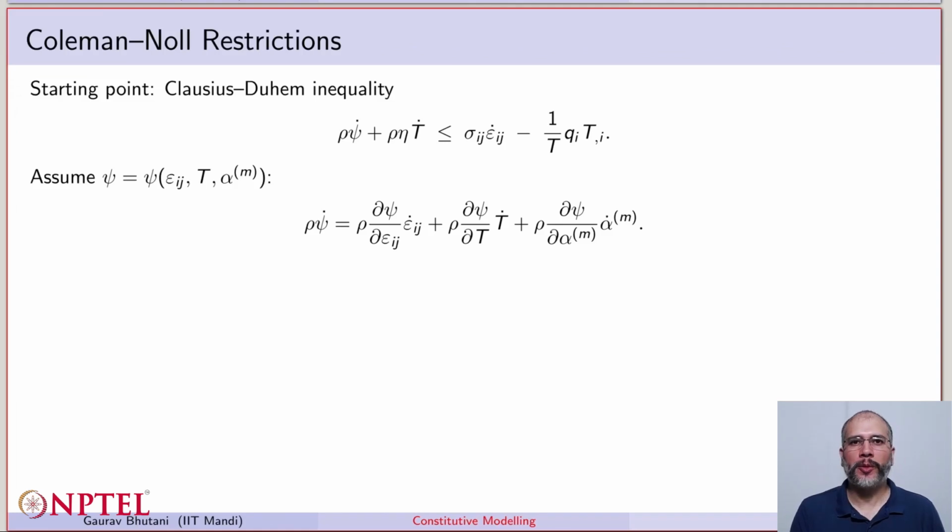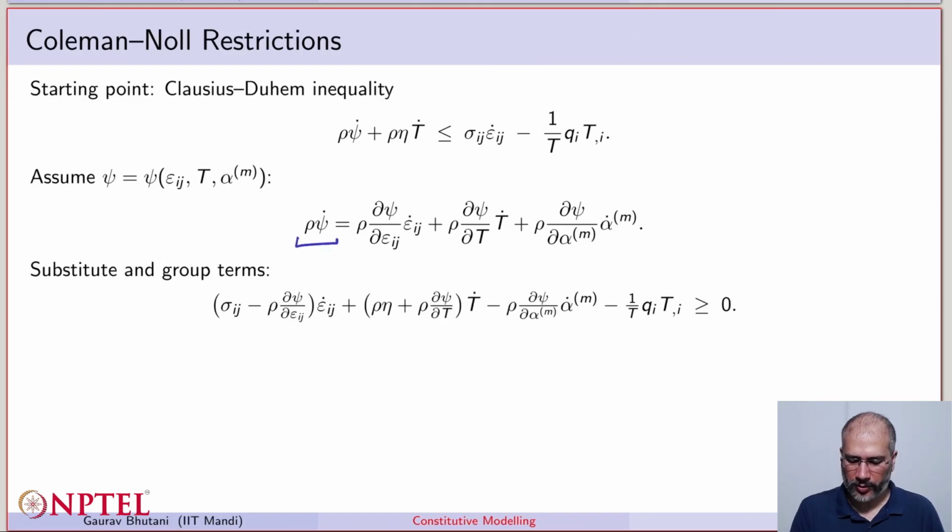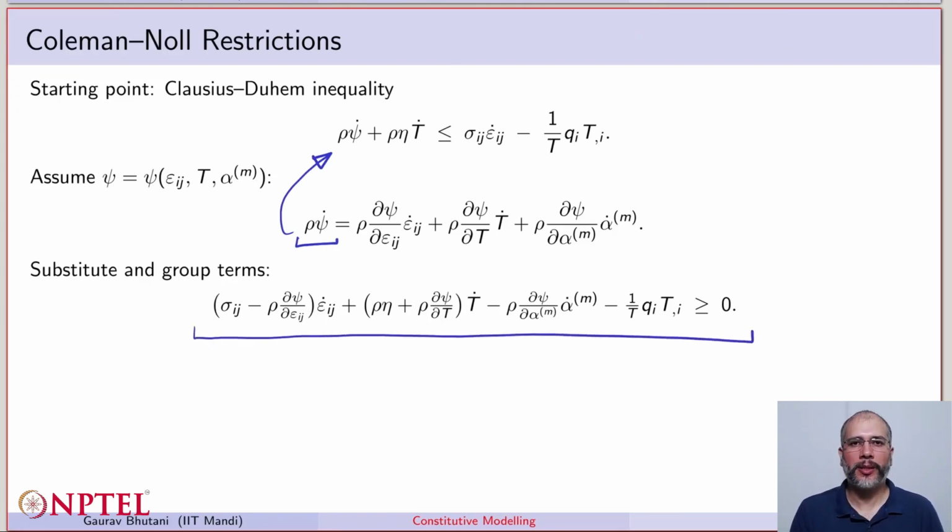So let us say we assume a very general form of the Helmholtz free energy. That is, the free energy depends on the strain, the temperature, and the internal variables as well. When we take a material derivative of psi, that is, we get psi dot and multiply by rho, this is the expression we get from the chain rule. Then we substitute this rho times psi dot into the Clausius-Duhem inequality,